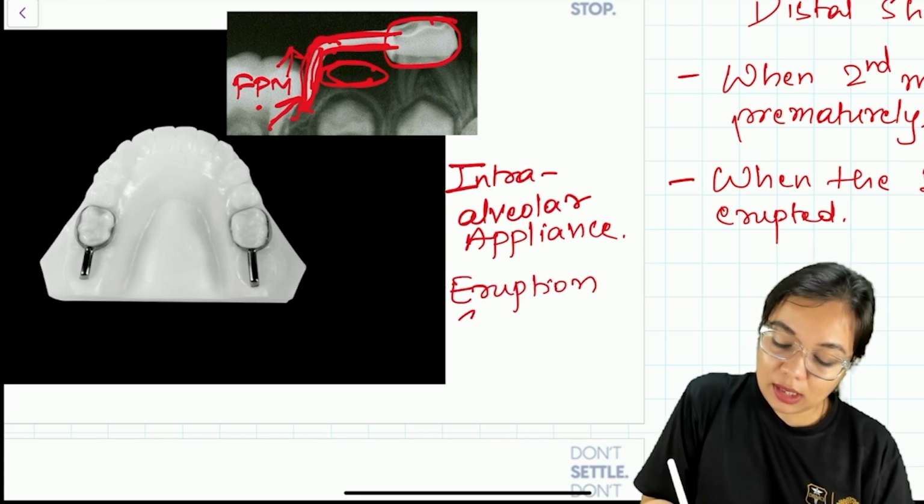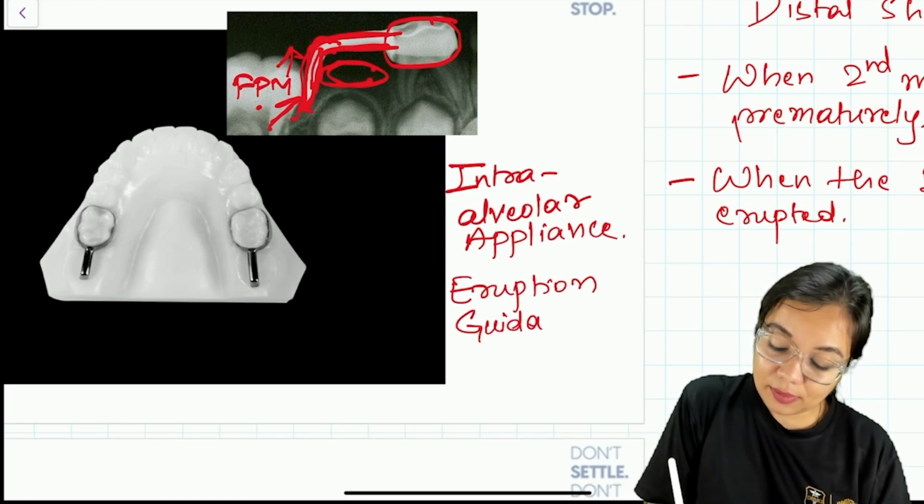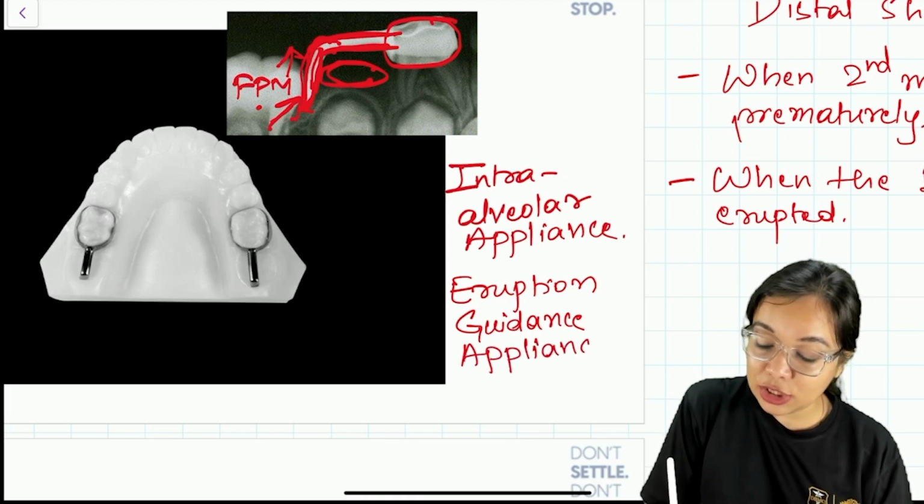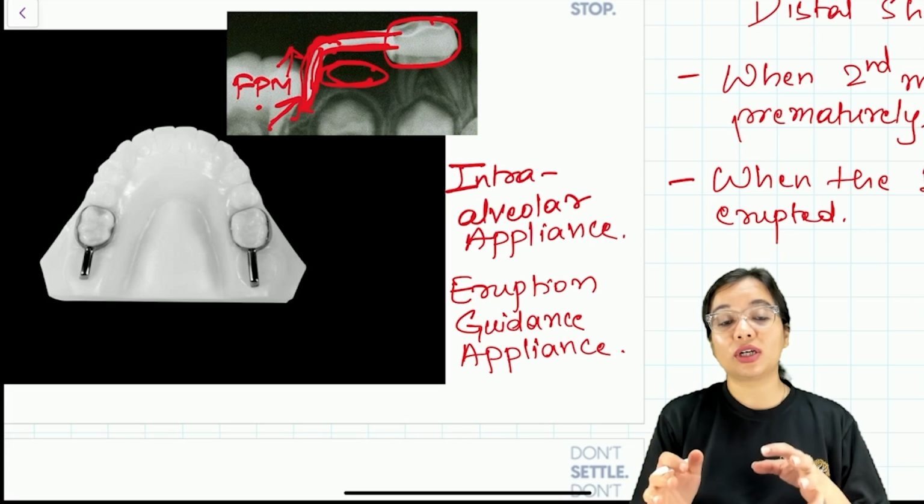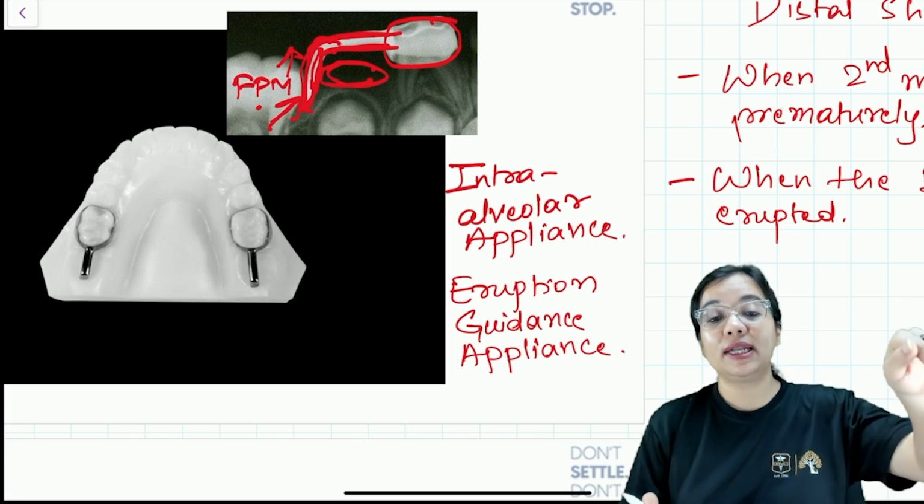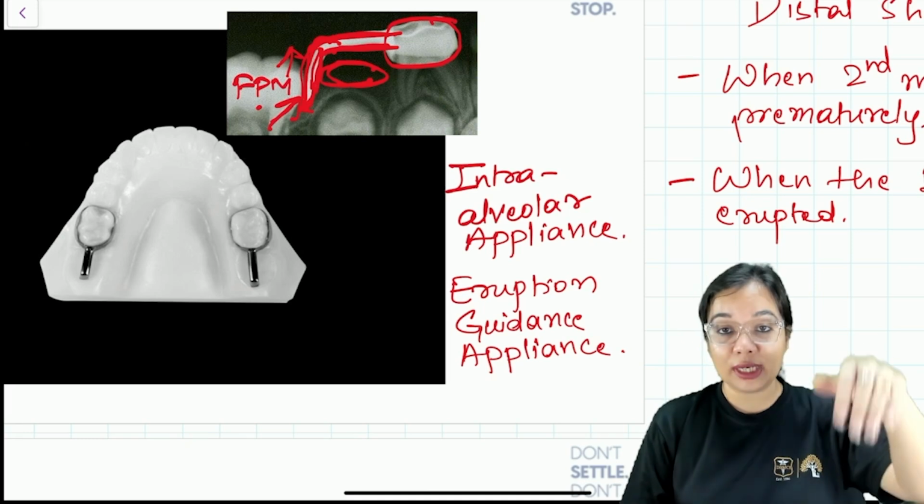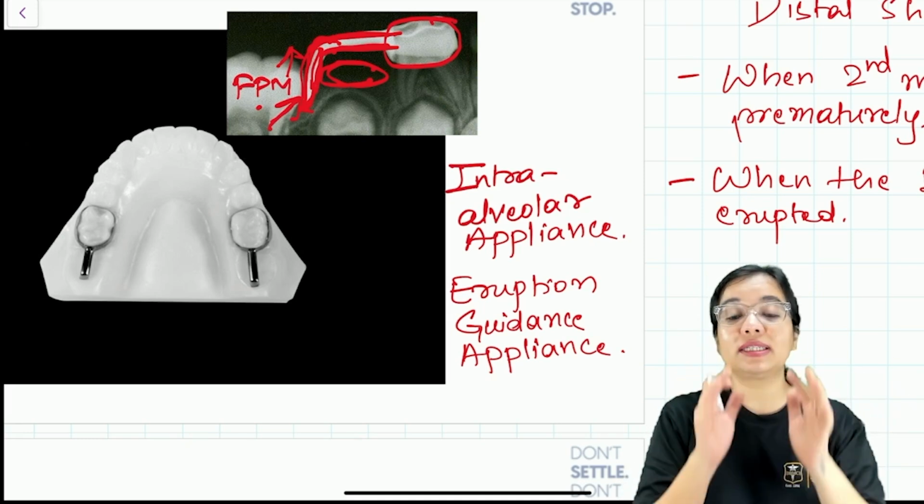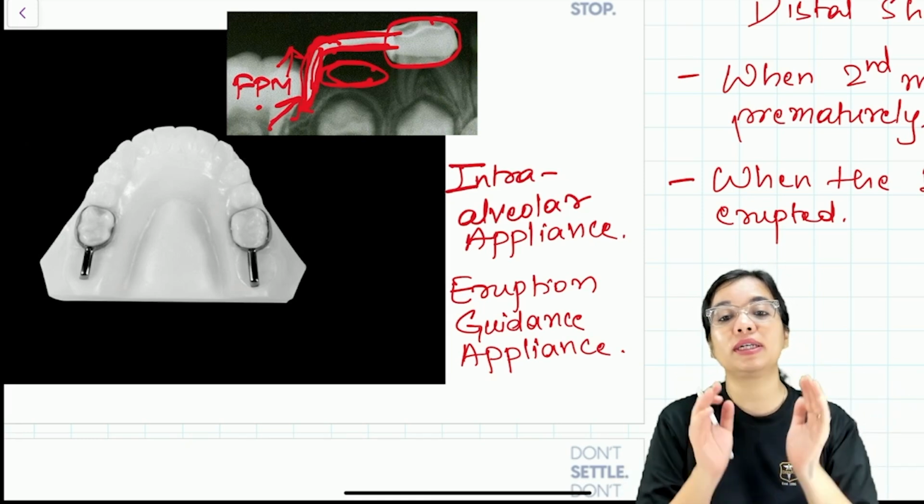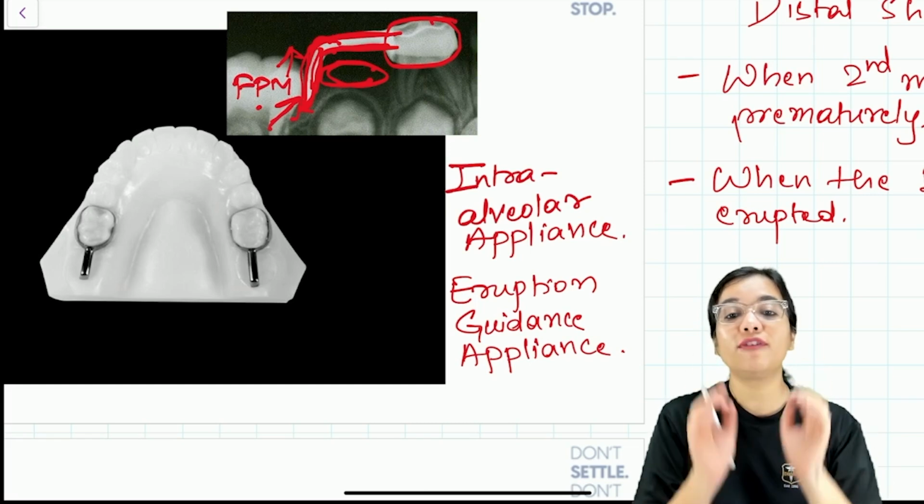Eruption guidance appliance. So we have three names here: a distal shoe, because it is a shoe-like structure that goes distally; it is an intraalveolar appliance because it is going inside the alveolus; and then it is an eruption guidance appliance because it is guiding the eruption of the first permanent molar